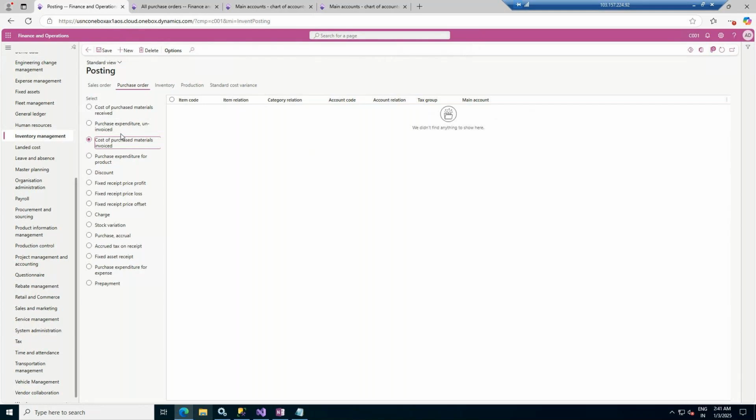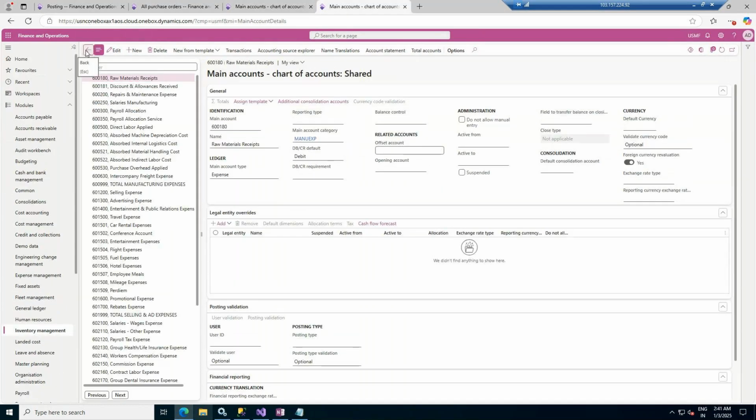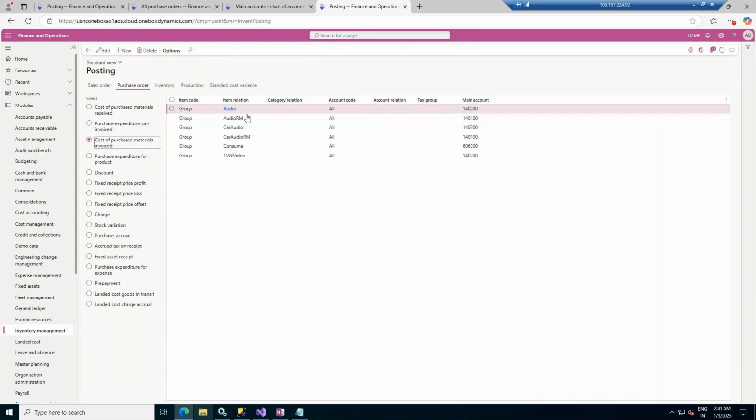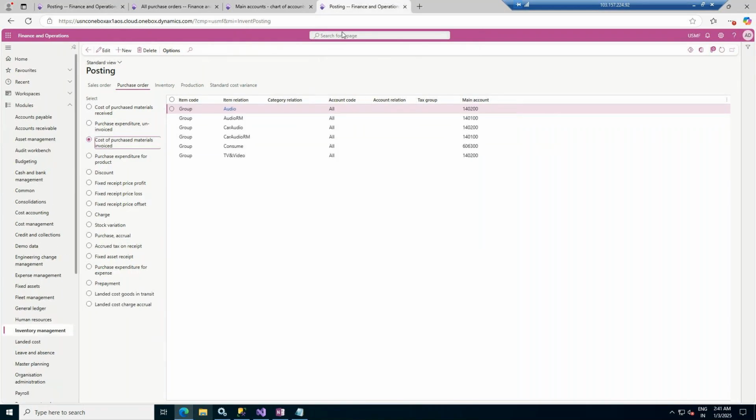They purchase in bulk and they have terms of payment, that they will pay after a particular time duration. Let's click on the new button, cost of purchase material invoiced. I will go back and check the cost of purchase material invoiced. Again, you can see it is based on the group, but I am defining it based on all. For all the items, the main account will be common. And over here again it is the same, the finished goods inventory, or you can take this 1040 as well,